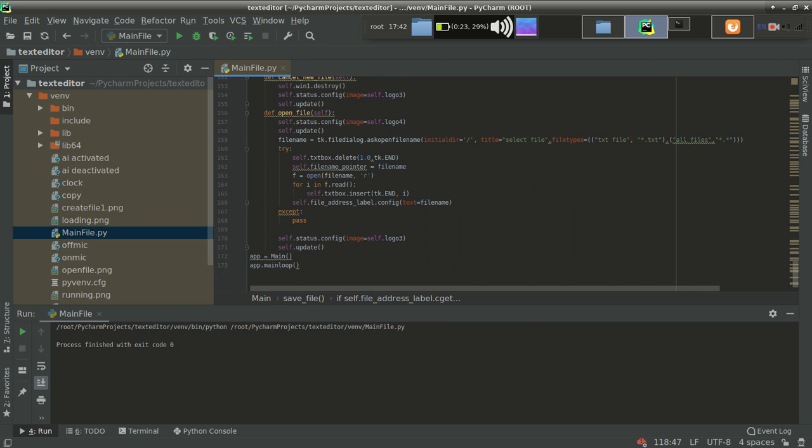So what will save as file do? Save as file has only one condition, and that is if the file is already written, then only in that case will save as file work. Otherwise it should not work at any cost. So this is the condition of save as file. As you know very well, the function of save as file is that if we want to save a pre-written file with another name, we will use save as file. So let's add the functionality.